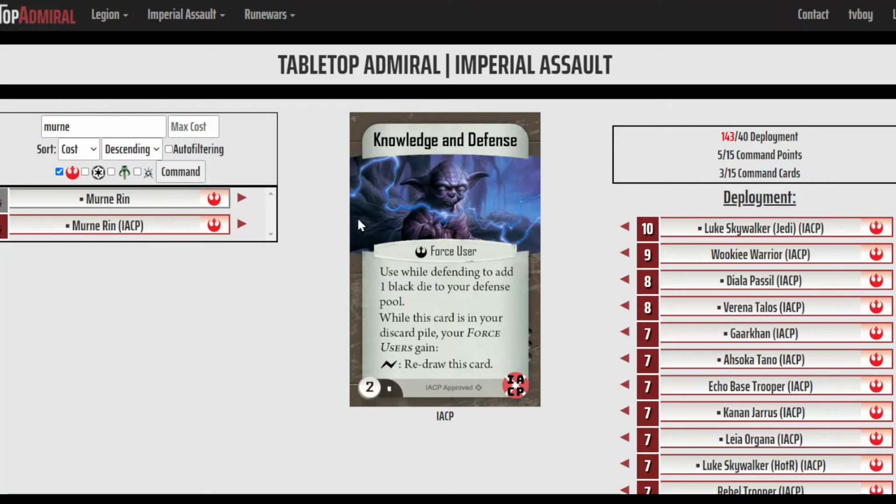So this is a very powerful card for Force user lists that they can redraw multiple times in a round with their surges. And then every time you redraw it, you're basically able to get an extra black die on defense. So this helps with a lot of the Rebel Force users being pretty squishy and not very resilient. This gives them some extra defense to help them deal with